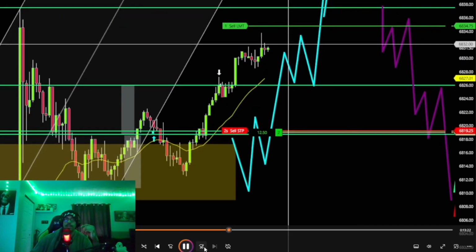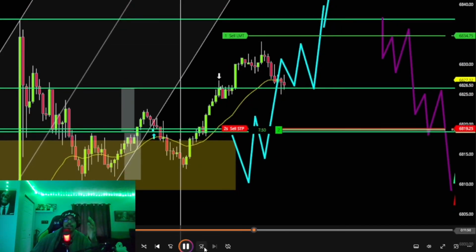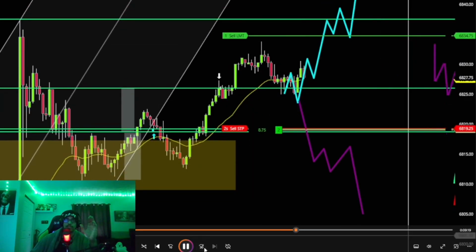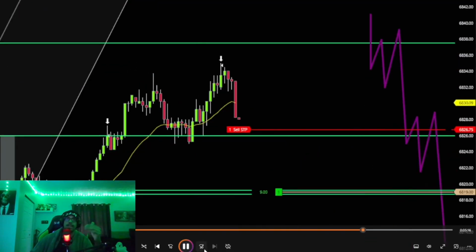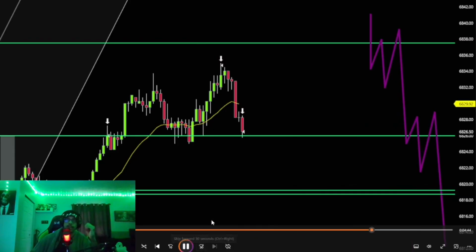But in essence, we ended up getting that next target with a bit of patience. Definitely some patience was required. And then we ended up tightening up our stop loss and then getting trailed out without hitting the extension, okay? Now, all in all, this